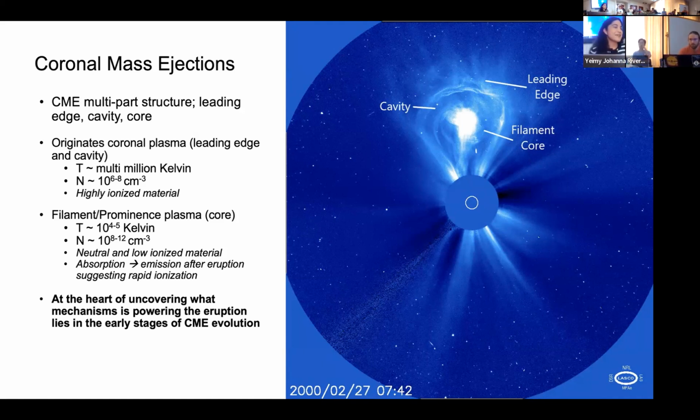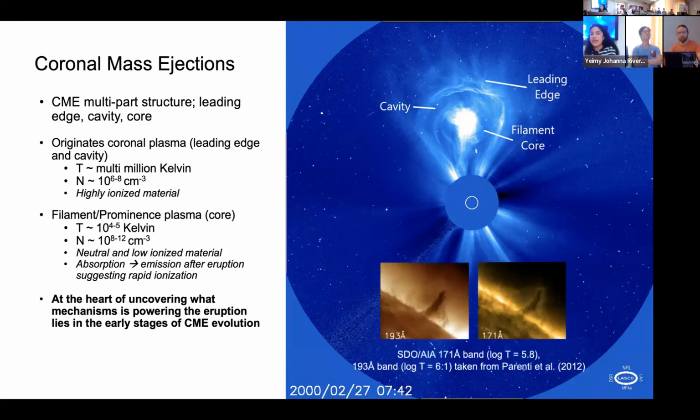Okay. Yes. So the leading edge and the cavity part of the CME that we often see in the white light coronagraphs are going to be fairly ionized, typical coronal plasma. While the filament core, the filament, or prominence, which is what it's called when it's seen on the limb, is the same structure but given two different names. That really dense structure there is typically several orders of magnitude cooler and denser compared to typical coronal conditions. So cool, in fact, that it's often composed of very low ionized plasma, even neutral sometimes. You can see it just hanging out in the corona.